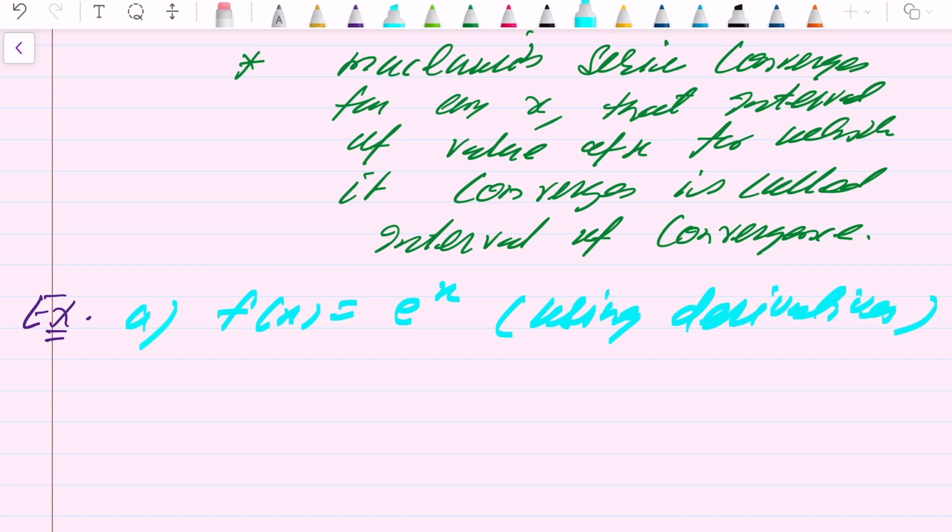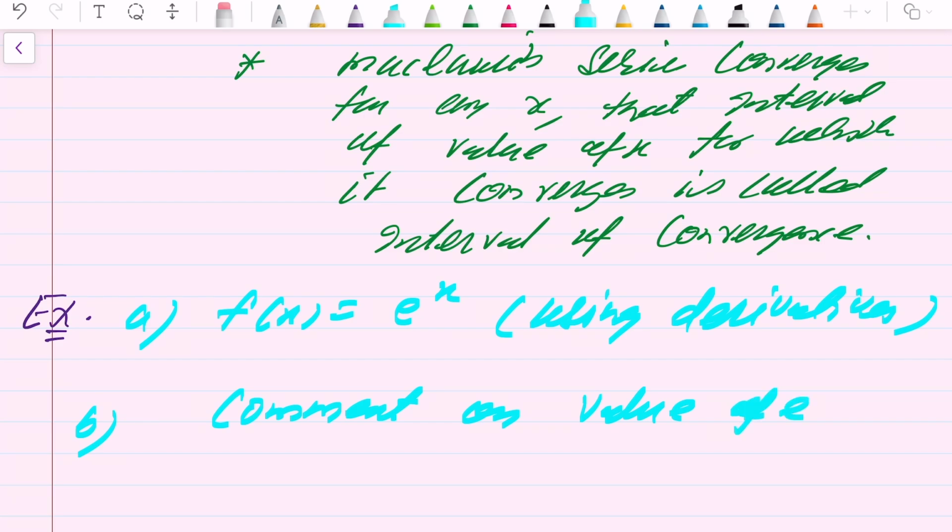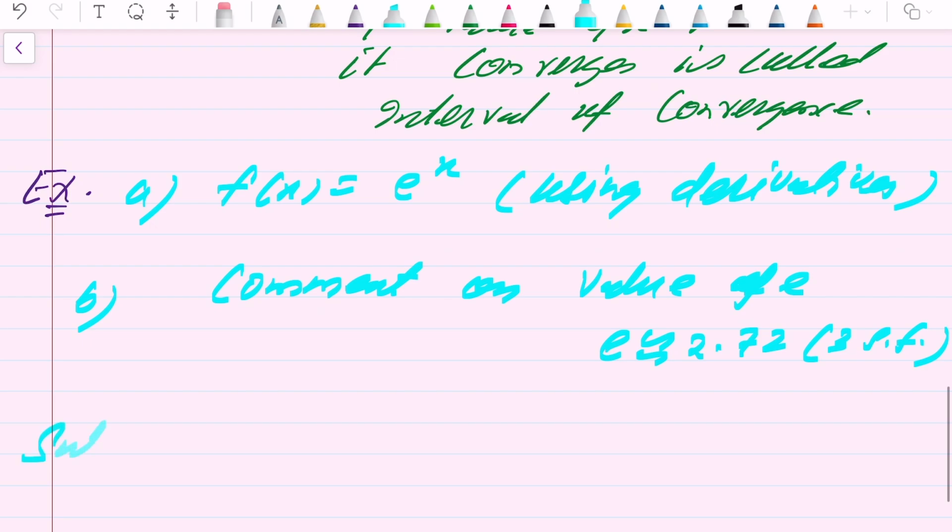A part. B part, comment on the value of e, which e is approximately given 2.72 rounded to 3 significant figures. We'll find and see what is the comment. Now